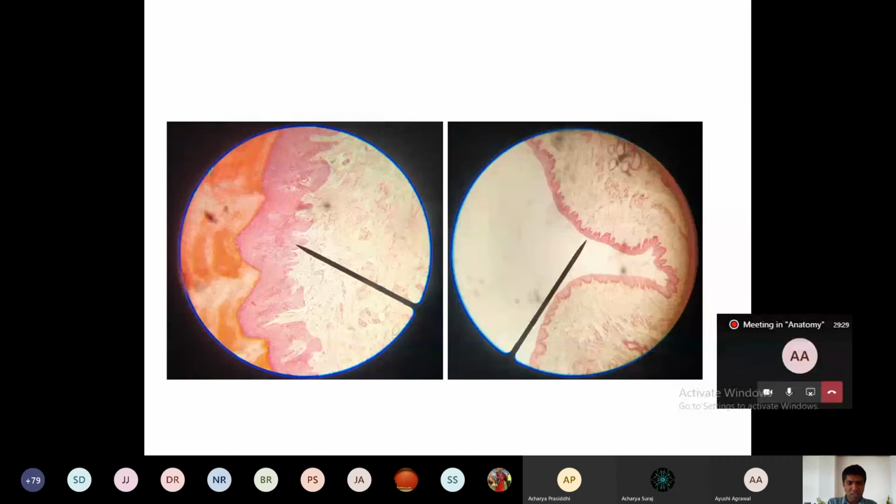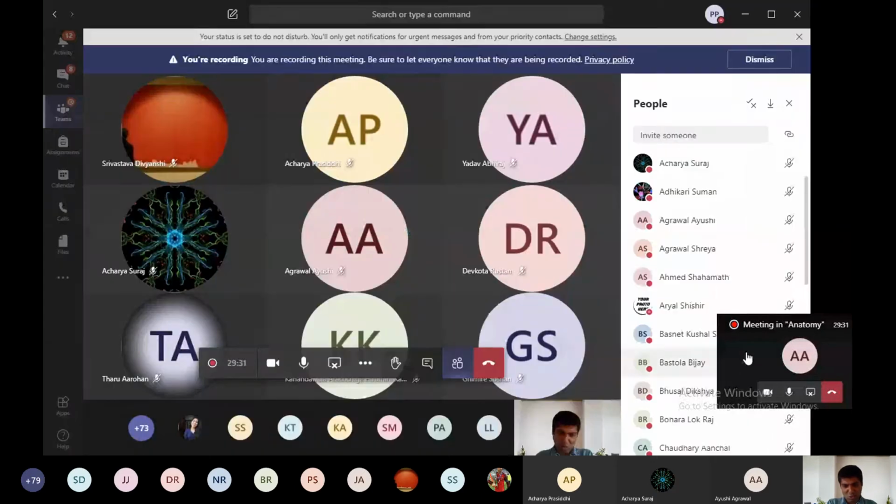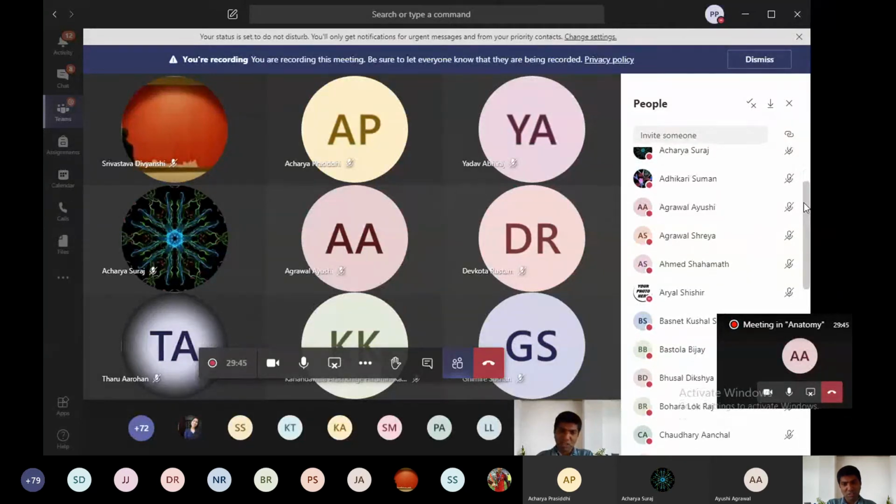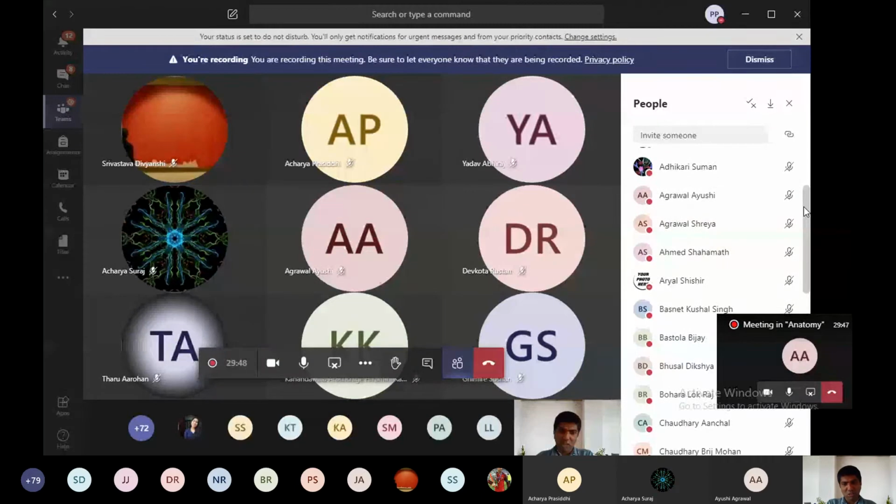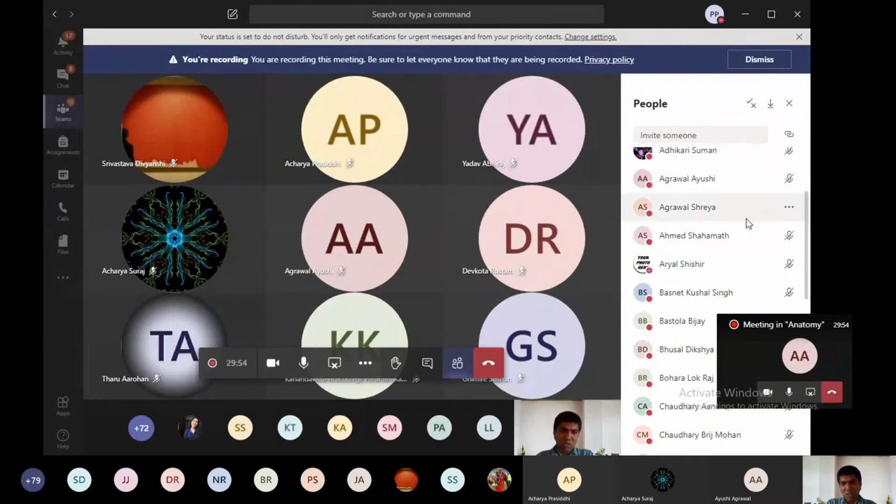And I'll pick up the next person. These two epithelia are quite confusing to you: simple columnar and the pseudo-stratified ciliated columnar epithelium. You see this slide. I'll share this slide. You see these slides again and again, so that in examination you will not be confused in the identification. If you identify, you can write the cardinal features. This I know. Now after Shreya, I'll go to the